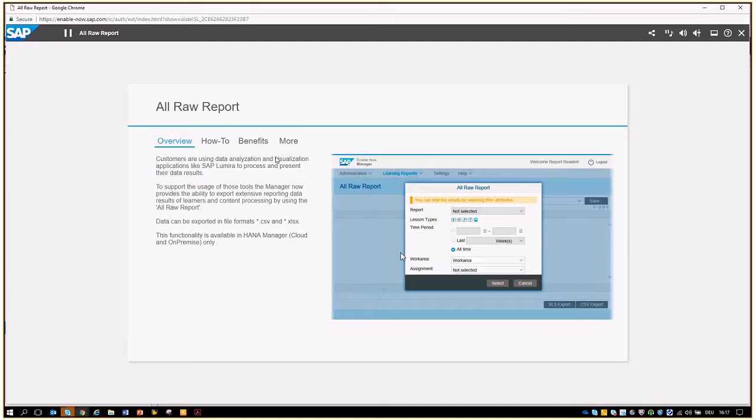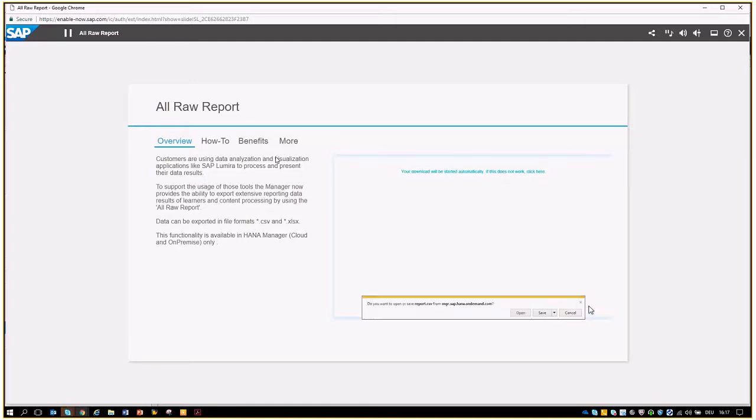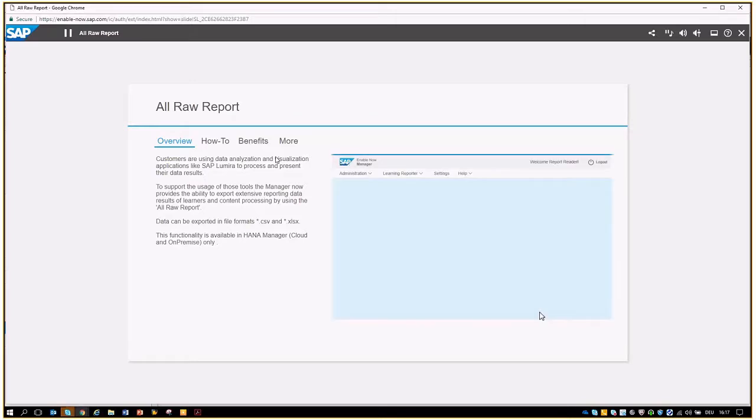That means visualization tools for data like SAP Lumira to create their own fancy reports afterwards. So they will need to have all the data, which are not having dependencies as in our other reports. So which kind of data is included in the all raw